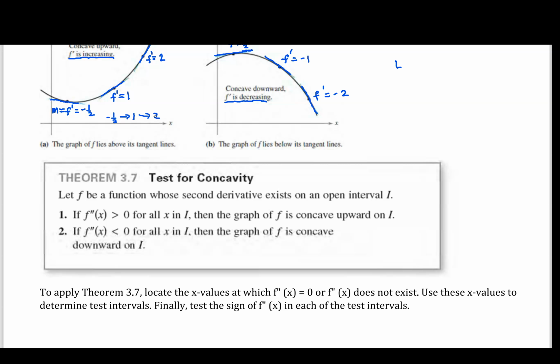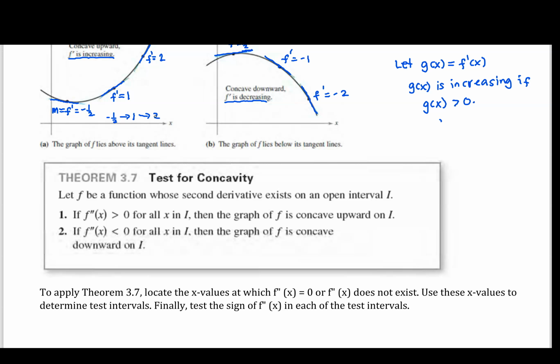So for instance, I'm going to let g of x be equal to f prime of x. I would say g of x is increasing, okay? g of x is increasing